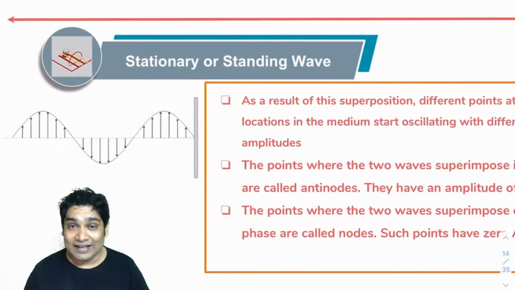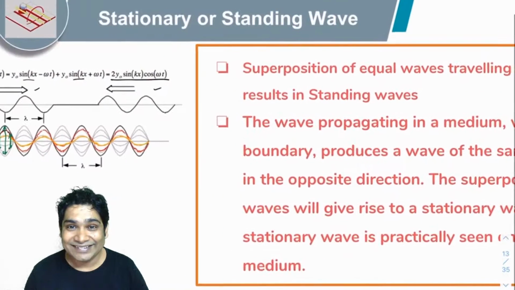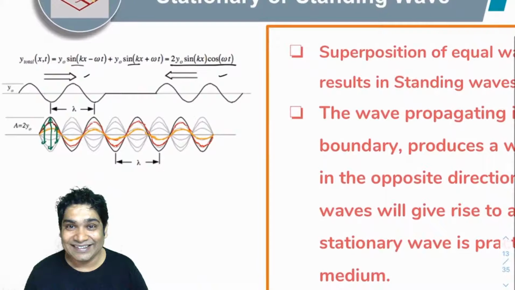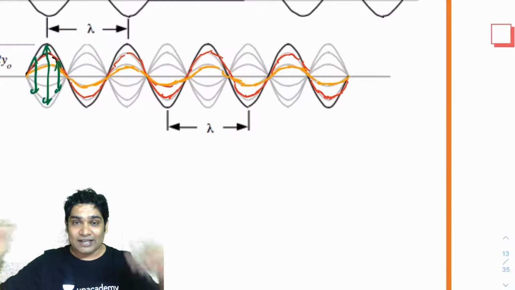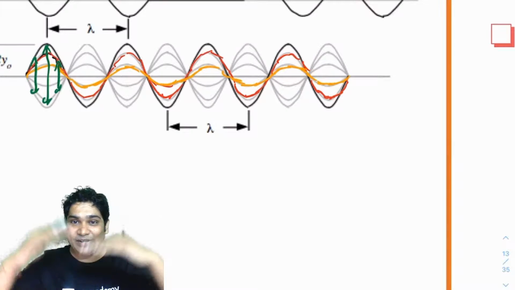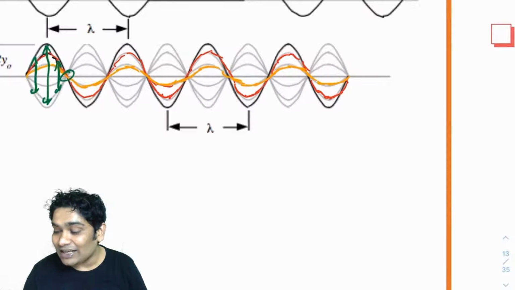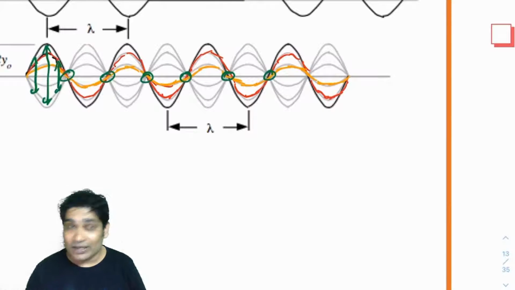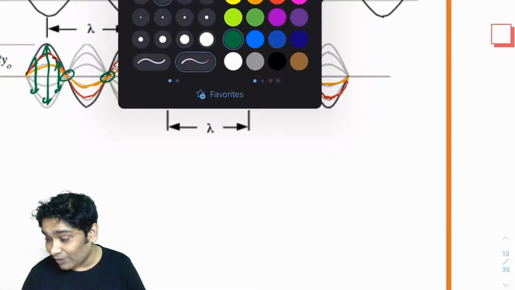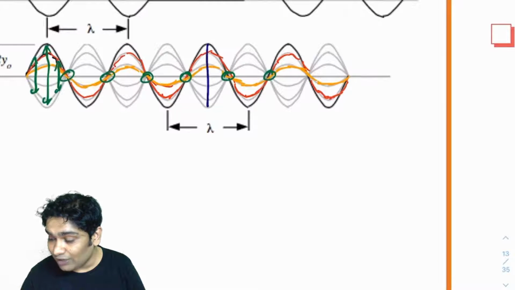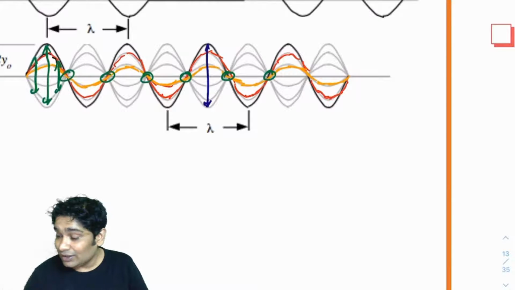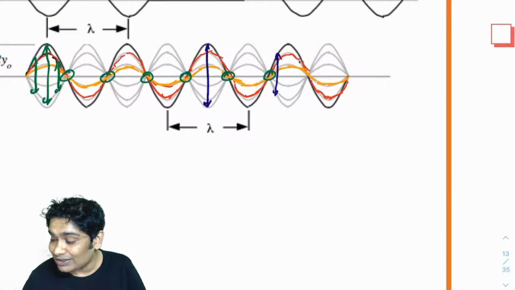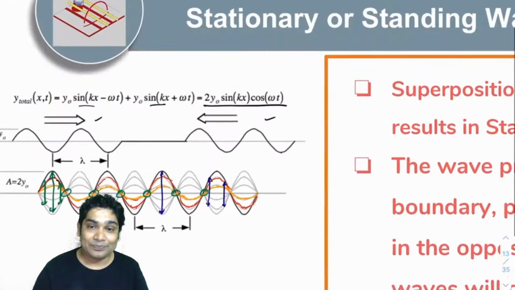So this is what is happening. This is what I was trying to show you here. Hi Moses. That every part of the string will oscillate like this, and every different part would start doing something like this. So these points, you will notice, are not vibrating ever. They do not move ever from their mean positions. And you will notice that different points are vibrating with different amplitudes. So this point will end up oscillating, doing SHM with the maximum amplitude. These points with slightly lower amplitudes, these points again with the same amplitude, and so on.